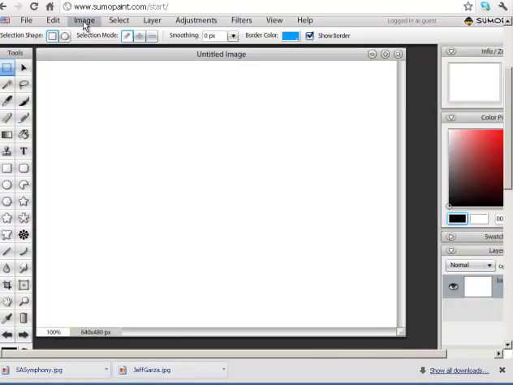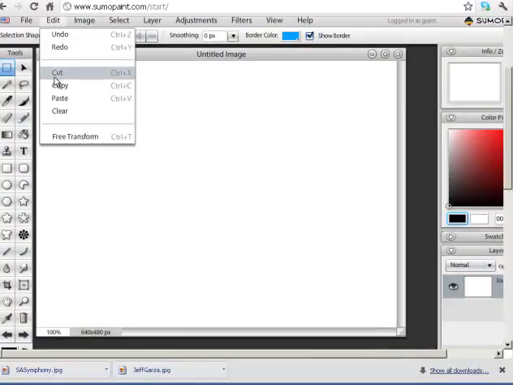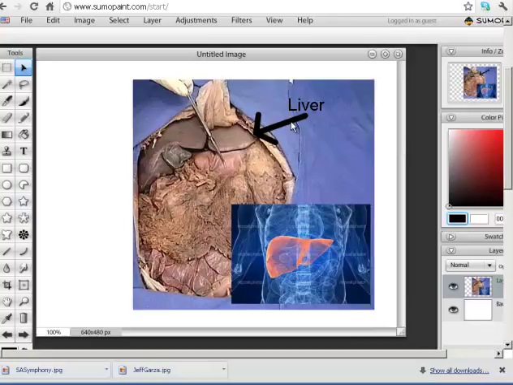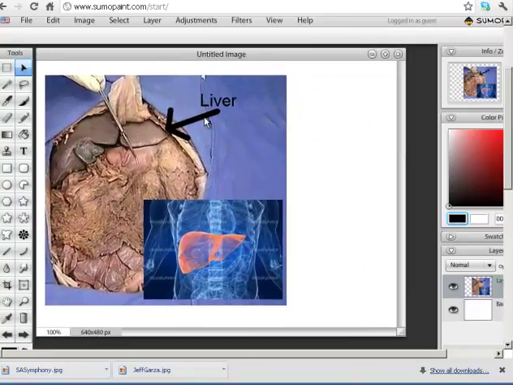Okay, and then I'm just going to paste that right on. I'm going to use the move tool to move it over here. Now I have this extra white space here. This is the canvas. I can either get rid of that, or because it's a nice white space, I could even add